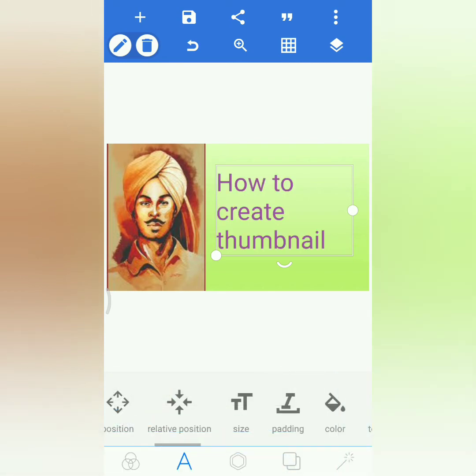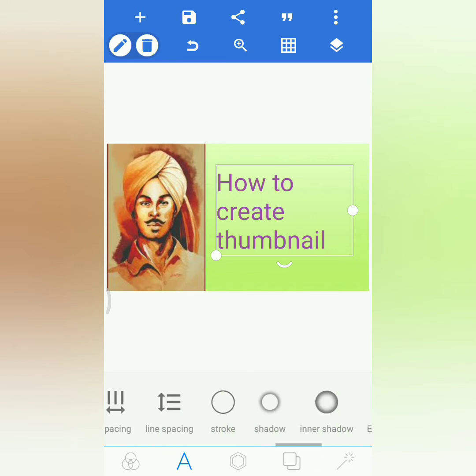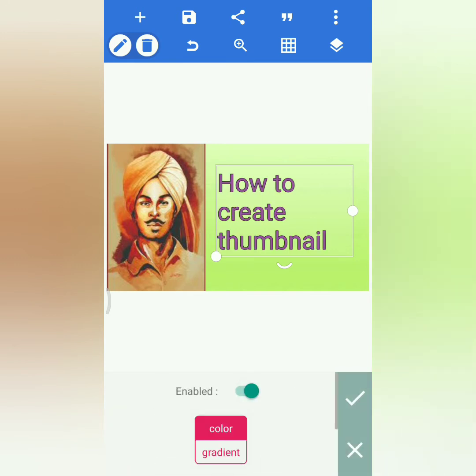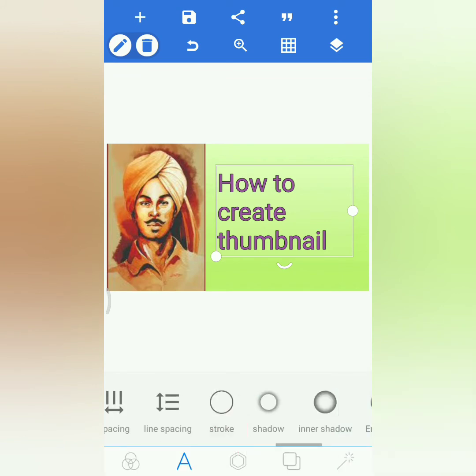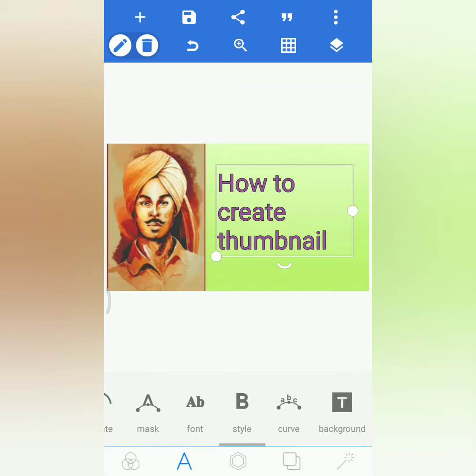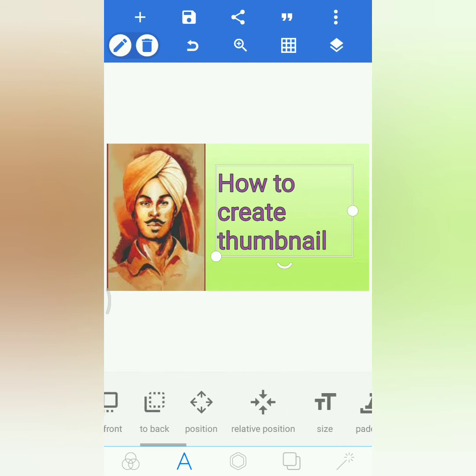Okay, done. Nice. And we can give stroke. I want to give stroke. Enable. Done. And you can do whatever you want. If you want any kind of font, you can go to the font option. If you want to give any style, you can go to the style option. So there will be a number of options relating to text, and for images, for everything, there will be a number of options.